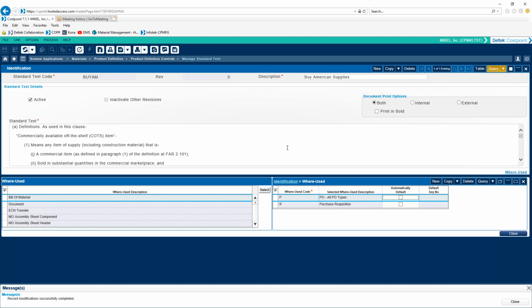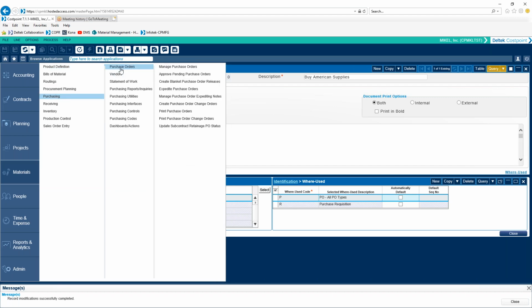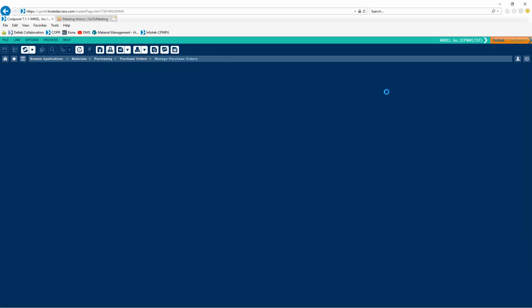Another one that folks typically will put on there is what they call a web TC, and that's just see our website for our terms and conditions. So that's one of the more simple ways of doing that in the process. So once we have this here, we can go ahead and add that to any one of their purchase requisitions or purchase orders. So if we pull up our PO that we just created,